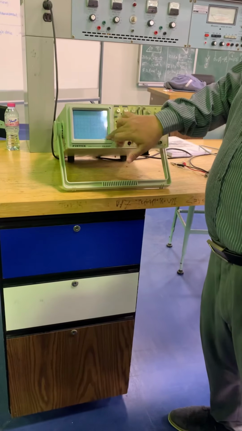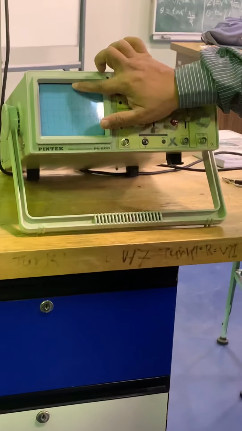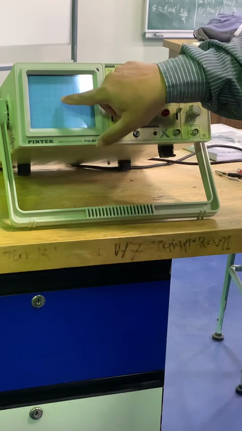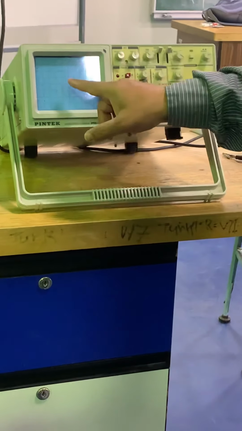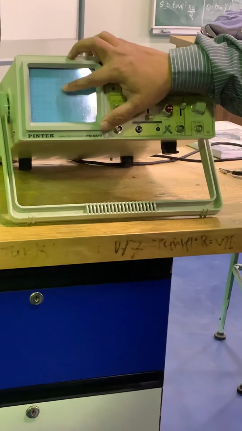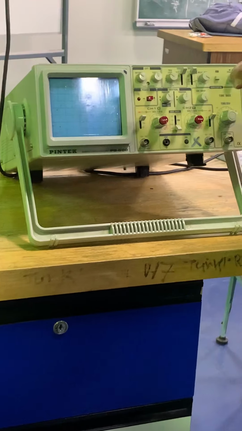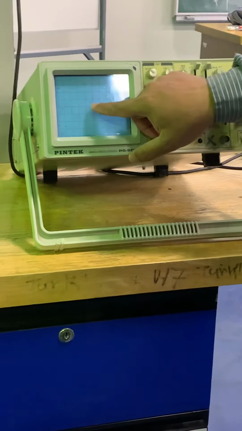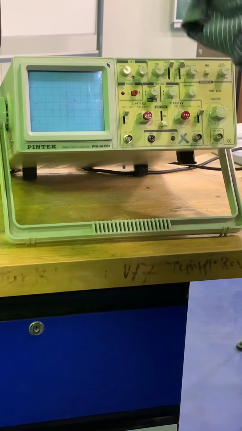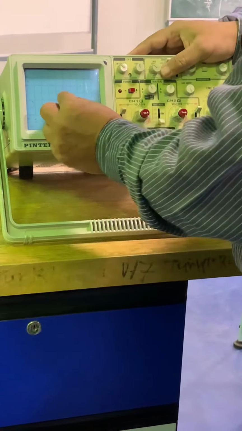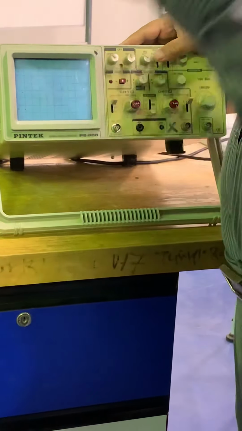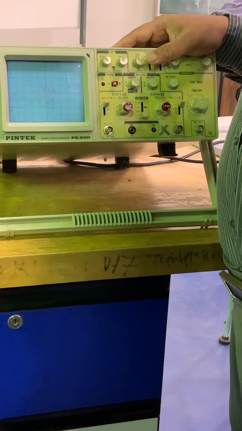The oscilloscope screen, we call it reticle. It is divided into boxes or divisions. The big box or the large division consists of 5 small divisions horizontally and 5 vertical divisions. So from here to here, you can say that each small division contributes 20%. So from here to here, if it is 1, so it will be 0.2, 0.2, 0.2, 0.2, and 0.2. So the sum, 0.2 times 5, will become 1.